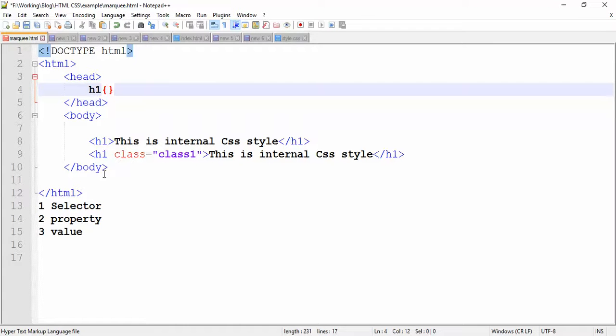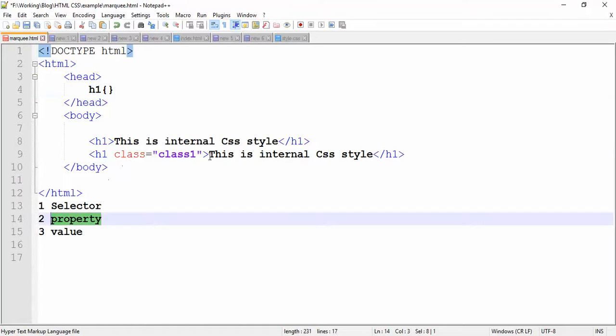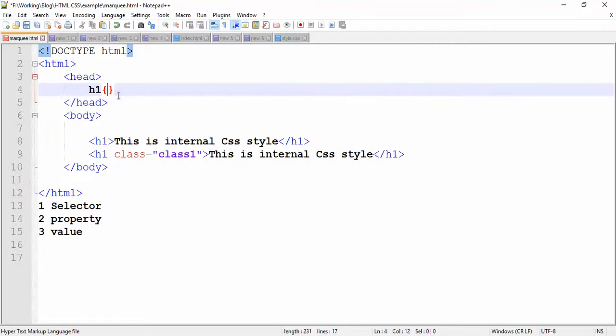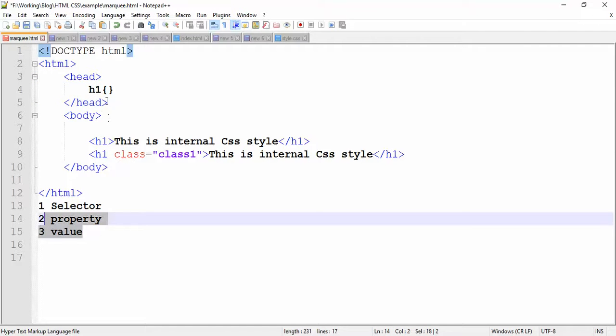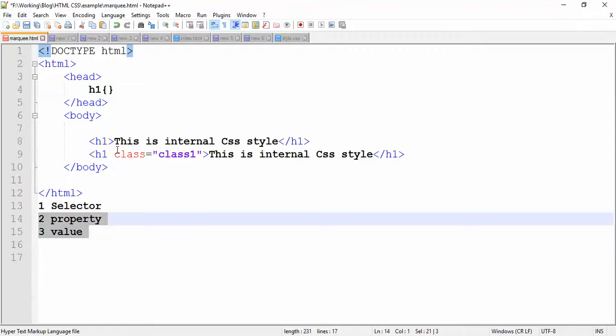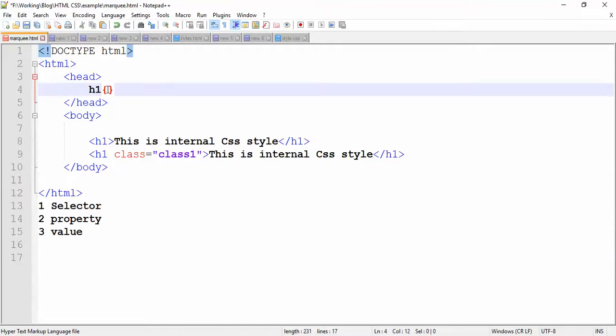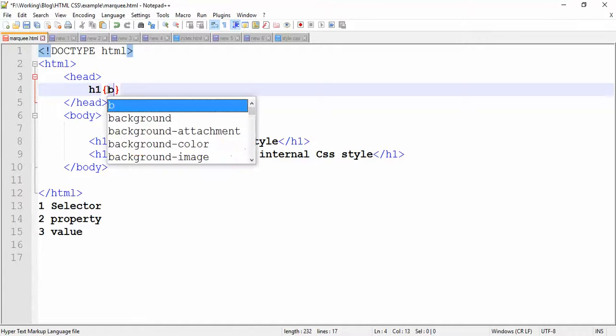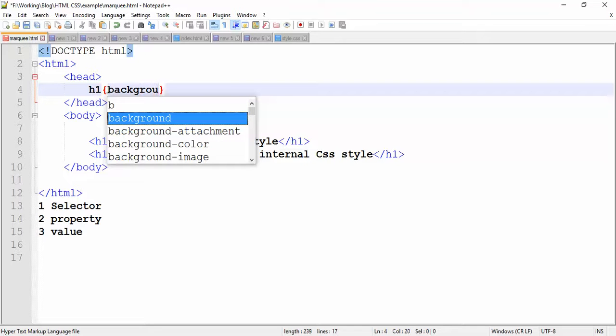Now the property is what you want to change or design. That means for h1 I want to change its background, so our property is background. Our property and value must be inside the curly brackets. So our property is background because I want to change the background, and the background property is our